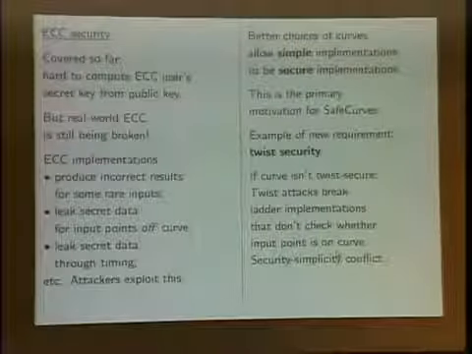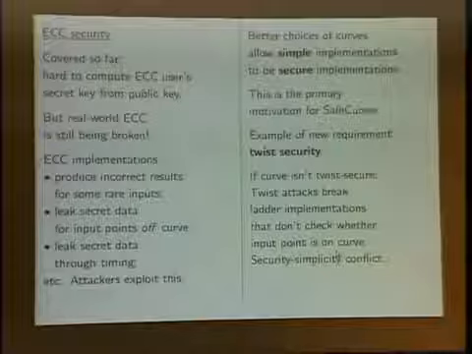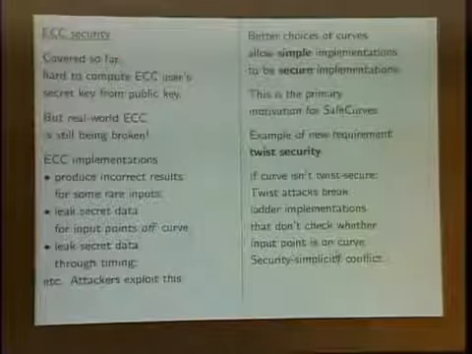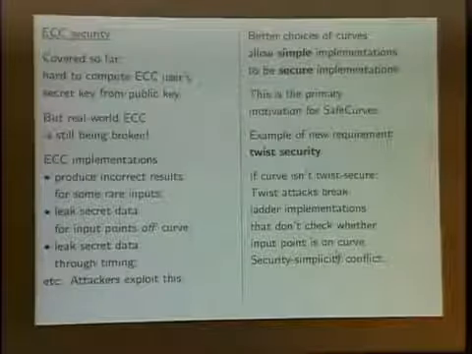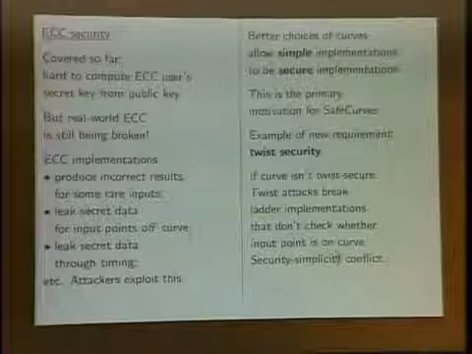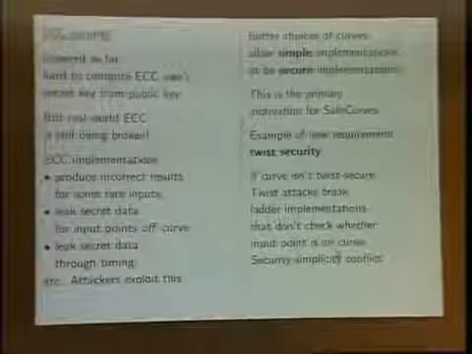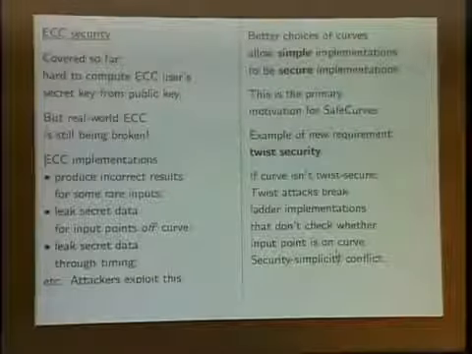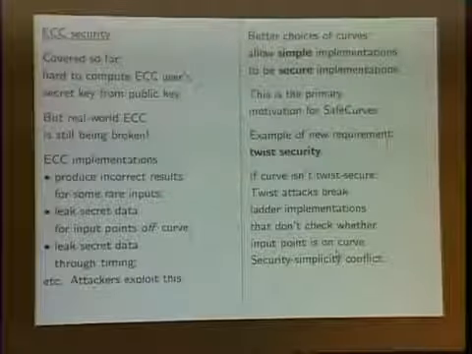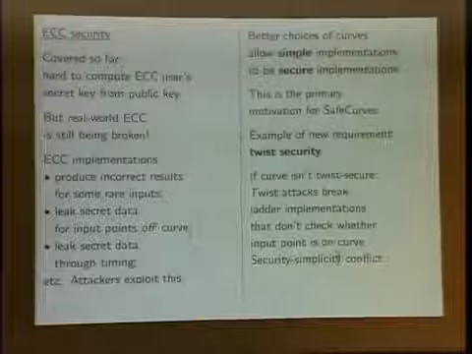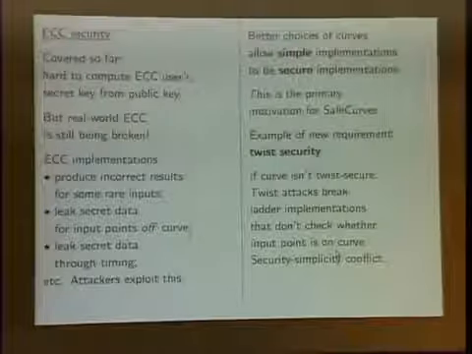You do your regression test suite, everything seems fine. But you didn't realize you had to test what happens if somebody feeds you a u-coordinate which was not actually a coordinate of a point on the curve. It's a coordinate on some other curve called the twist, and nobody actually checked anything about that. So unless the implementer went to some extra work, which is not obvious and doesn't seem to have anything to do with functionality, these twist attacks really do break